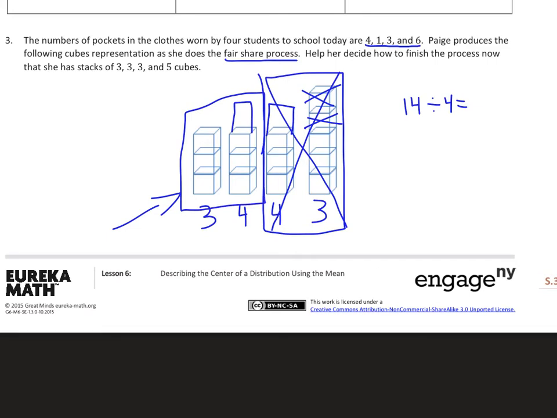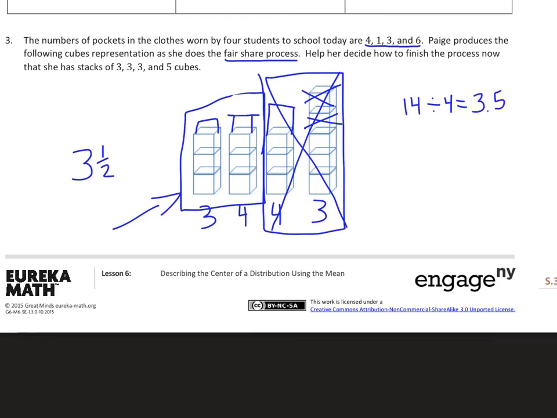I'd have to cut this one in half and take the top section of it and move it to here. And so now I have 2 halves there, right? So I end up with 3 wholes and 1 half to evenly share it. And so our mean is going to be 3.5 because 14 divided by 4 is